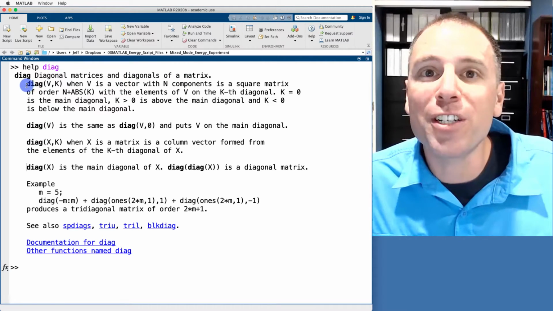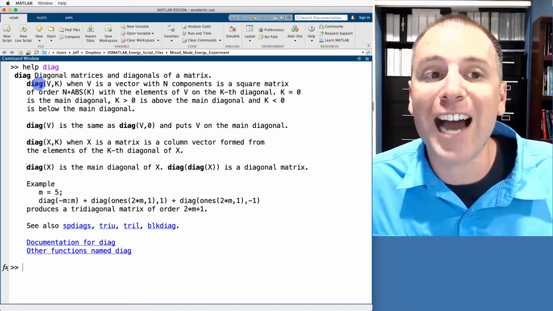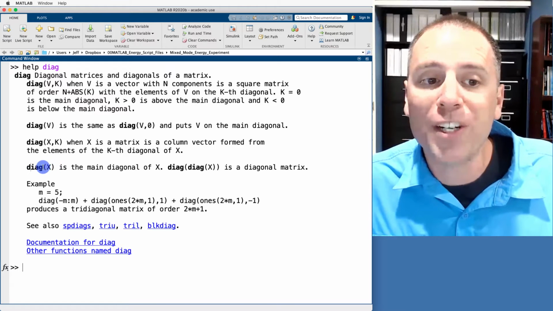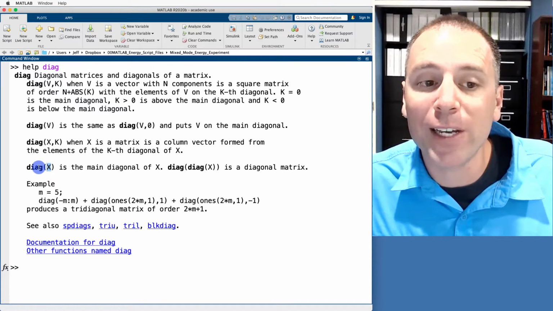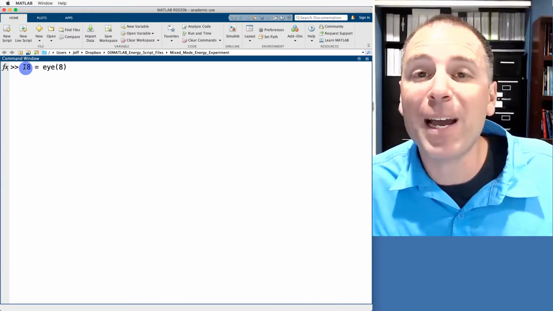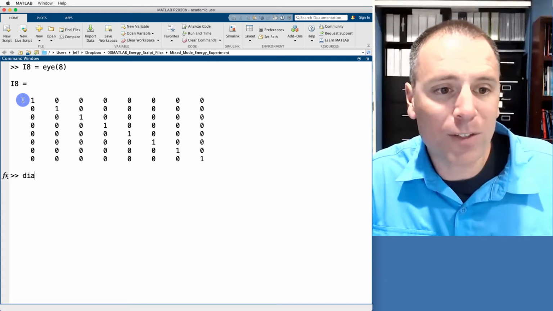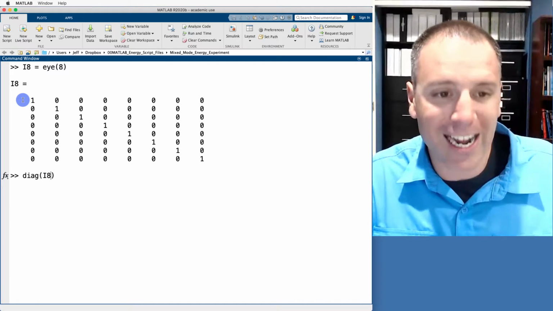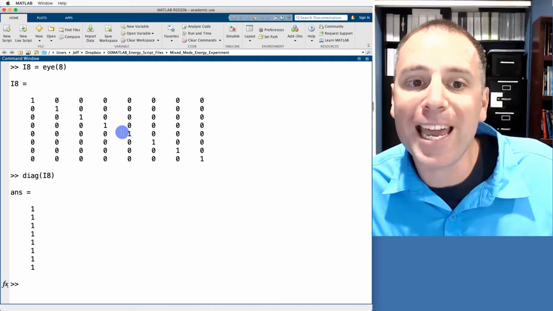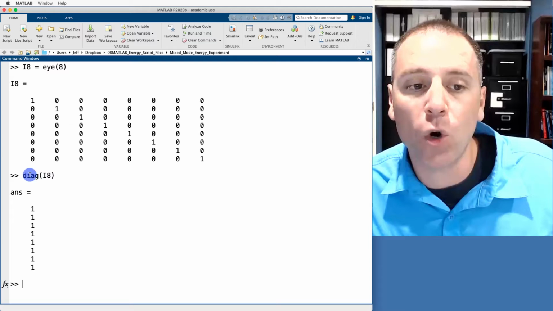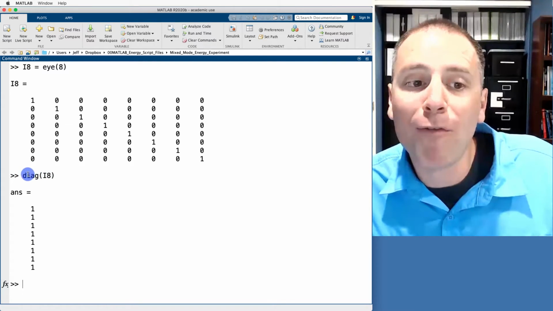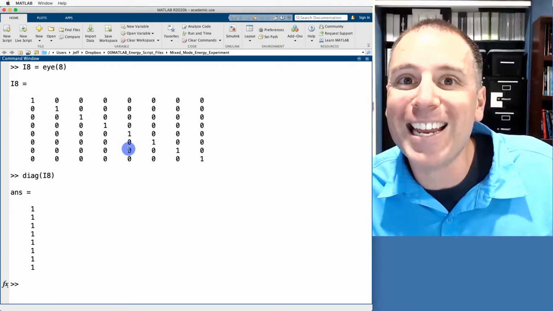There are a few different versions of syntax we can use to take advantage of the diag function. We're going to focus on this last one right now for this example, which is to input a matrix and then output a vector. Specifically, let's take a look at an example involving the 8 by 8 identity matrix. Here we go. If I now type in the diag of the matrix I8, MATLAB will pull off all elements along the main diagonal of that matrix. So this function says, take the matrix I8 and pull off all elements along the main diagonal entries.